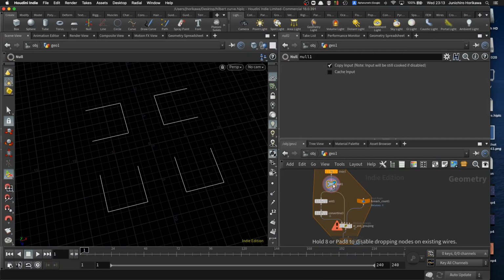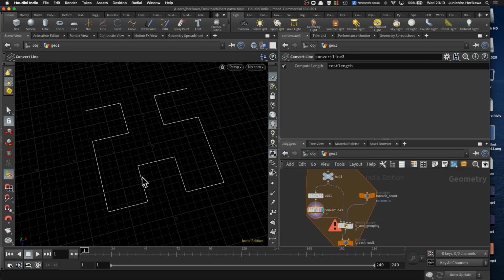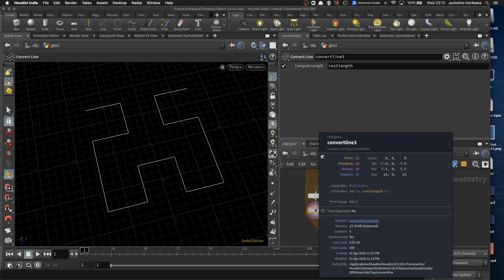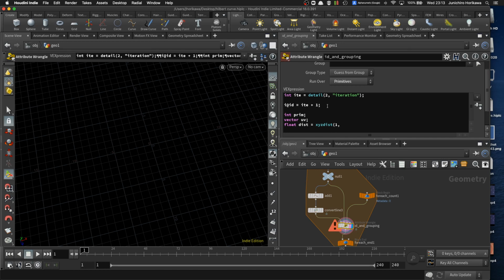The second input is this one without those filling-in curves. For each line here, you have like 15 primitives, and by using @P you can get the midpoint of each primitive. So for the second input, calculate the distance from the center of each line, including the filling-in curve,